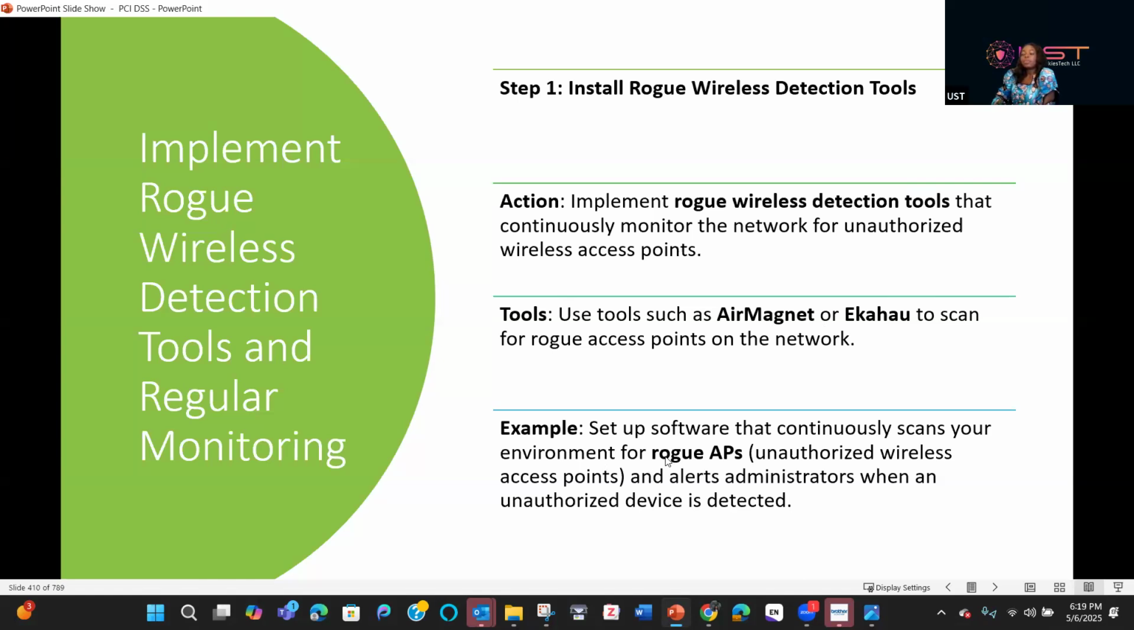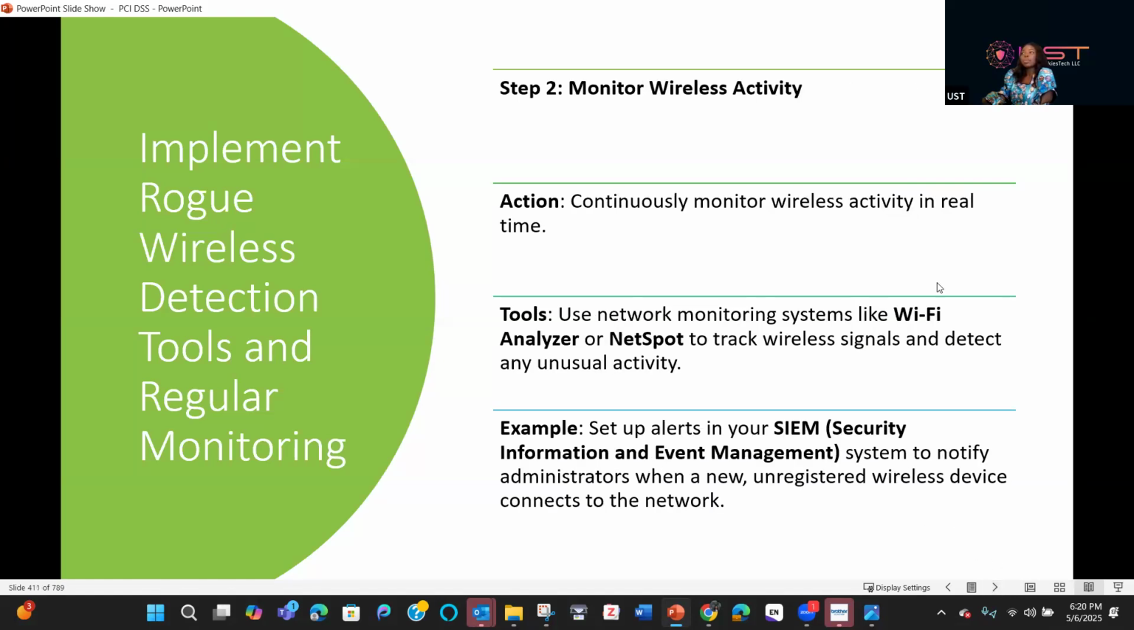And how is this being done? For example, set up software that continually scans the environment for rogue APs and unauthorized wireless access points, and alerts the administrator when an unauthorized device is detected. So that is installed and continuously scans in real time. In case of any anomalous or suspicious activities, administrators will be alerted. They'll be notified so that they can investigate and check if it's an actual incident going on within your